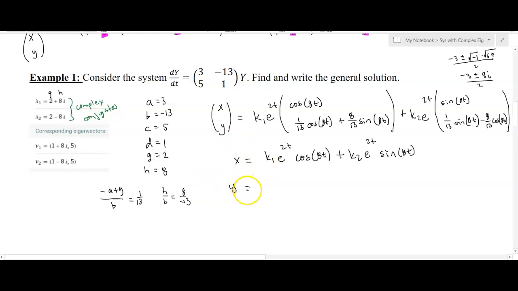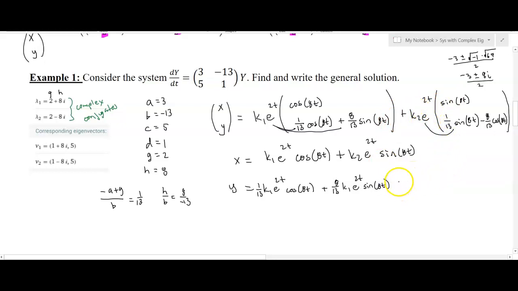It's going to be y equals, now k1 e to the 2t gets distributed to both terms in the parentheses, so k1 e to the 2t, well, the 1/13th I'll factor out, 1/13th, and this is cosine 8t, that's the first term. Now distribute to the second term, that's going to be plus 8/13 k1 e to the 2t sine of 8t. I'll do the same thing for the second guy here, k2 e to the 2t distributed to